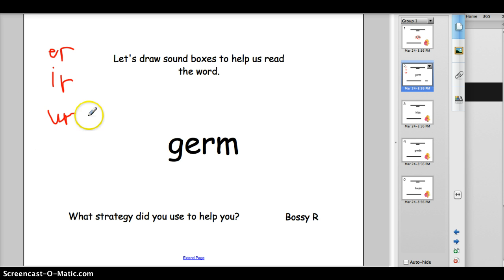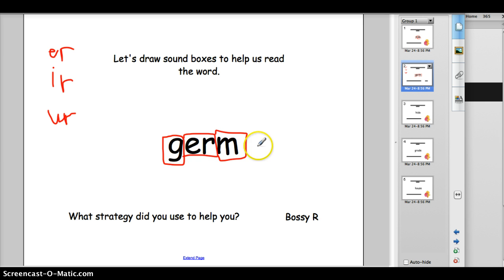Now we have to be careful because a lot of the time students will say R as a separate sound and not the combined sound. That's why it's important that when you're sounding out words with ER you use the combined sound instead. So I look at the whole word and I look at starting at the beginning. G says G. However, in this case, you'll realize that that doesn't make sense, of course. I see an E and R together, which makes the bossy R sound. And then M. So sounding out germ,